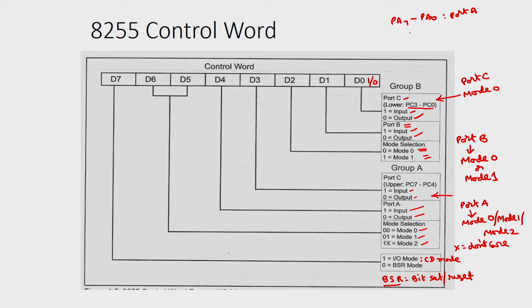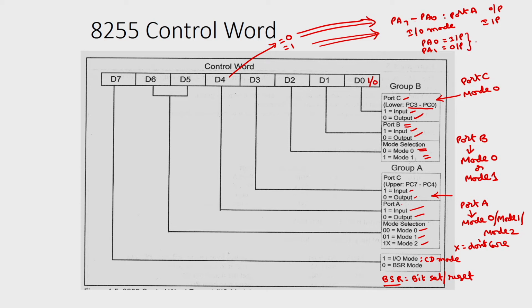In case of I/O mode, the mode selection for port A is this D4 bit. If D4 is 0, the entire port A will be programmed as output port. If this is 1, the entire port A will be programmed as input port. We cannot program PA0 as input, PA1 as output and so on. But this is possible: PA0 you can program as an input port, PA1 you can program as an output port in case of BSR mode,